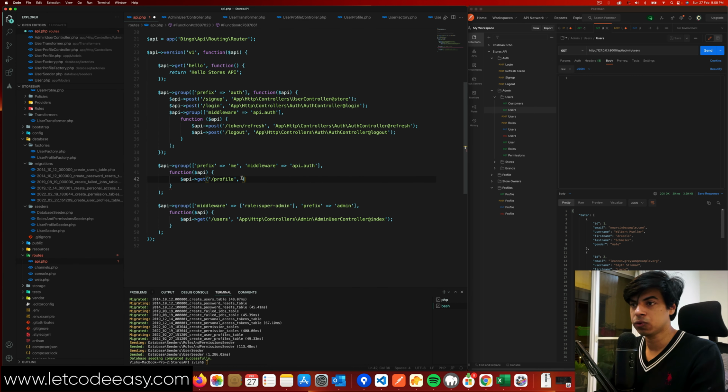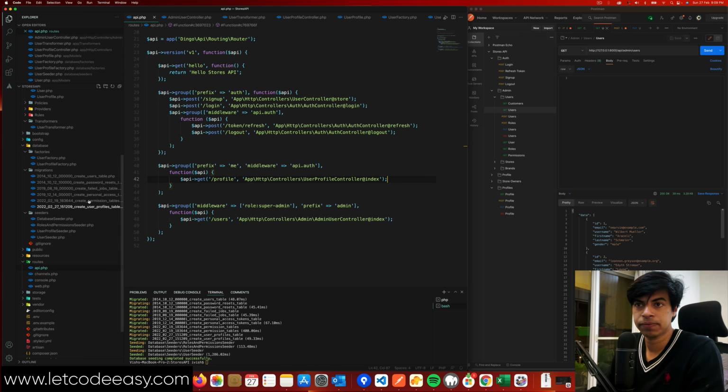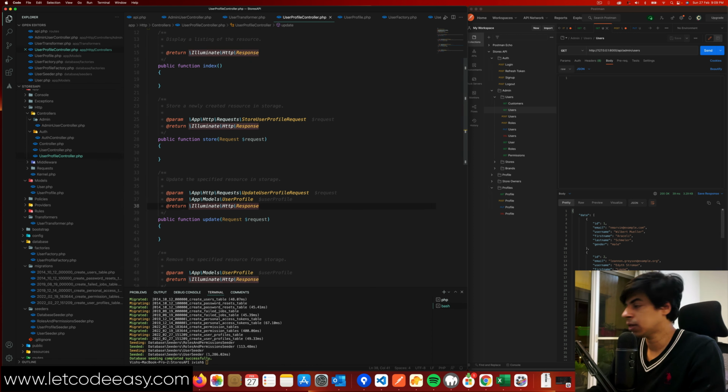and then going to do this. First thing is profile. Maybe I'll just use one of these. Then just modify this one to user profile controller, and that's going to be index first thing. So this is just going to give me the index, my profile information, more or less. So for that, I am going to go to my user profile controller, and then